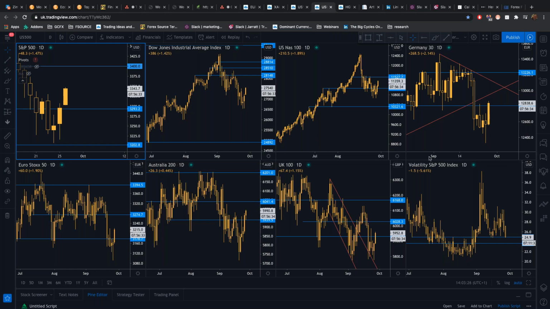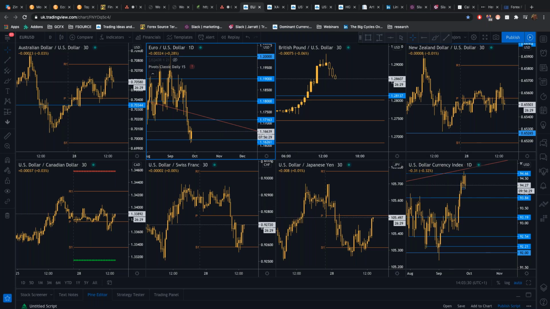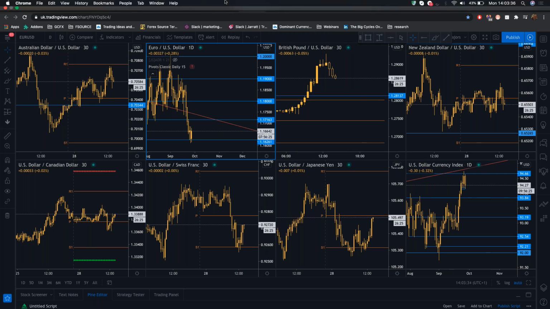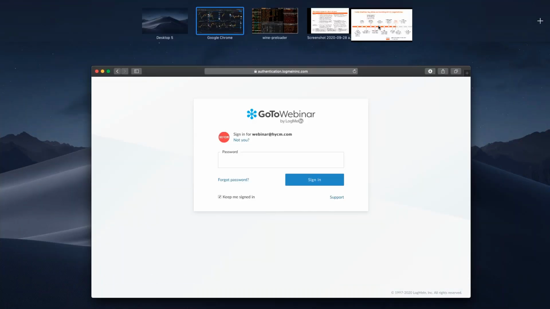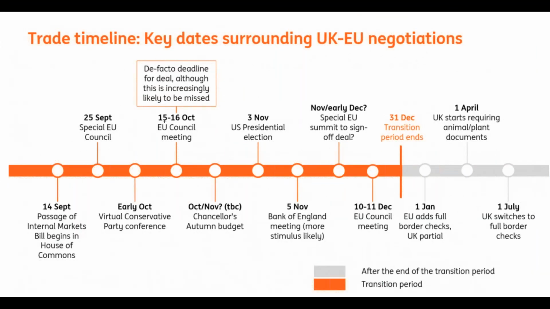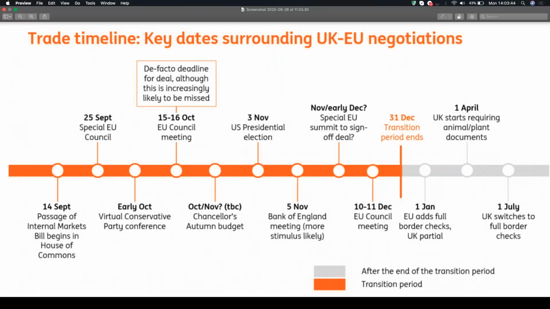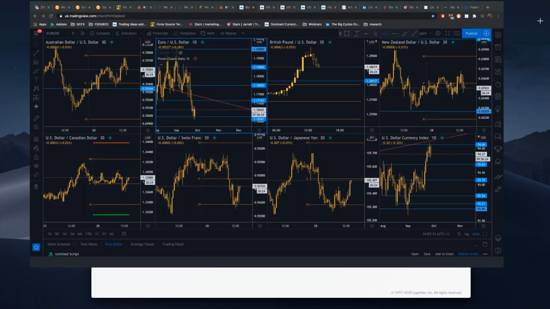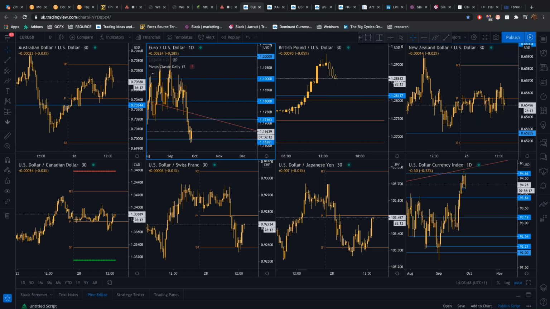Pound will be strongest currency of the week. Now, what's going to depend for the pound? It all depends what happens between this deal between the EU and the UK. If, as formal negotiations start tomorrow, a deal is organised and looks like it could be going ahead for the 15th or 16th of October, then that will be very good news for the pound. At the moment, we don't know, because if the deal breaks down, then we're going to see the pound selling. So I'm being flexible, and I'm waiting to see what happens. And I want to see some clear direction on the pound.